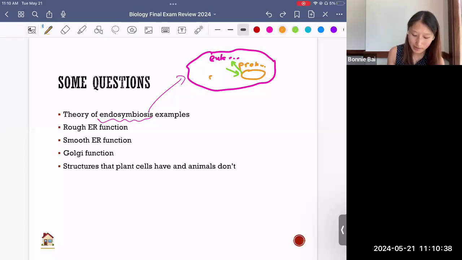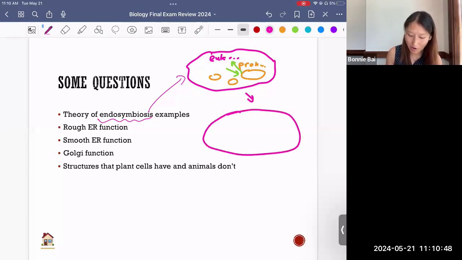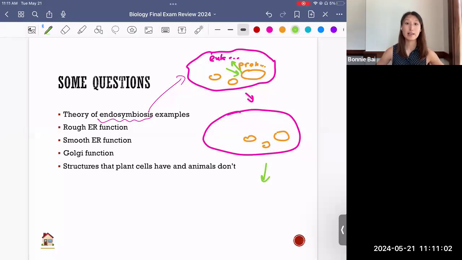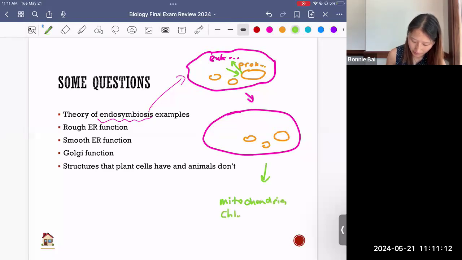This prokaryote was able to divide inside the eukaryote, and when another eukaryote is made as the next generation through asexual reproduction, we now also have another eukaryote having these prokaryotes in it. But what are these prokaryotes? Why are they important? These prokaryotes eventually not only stayed inside the cell, they're no longer bacteria, and they evolved into the mitochondria and the chloroplast